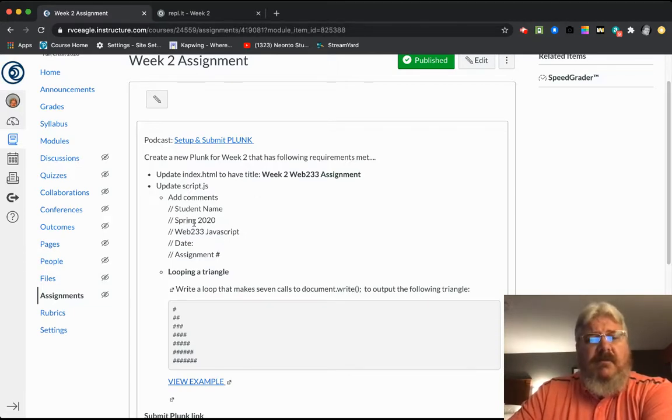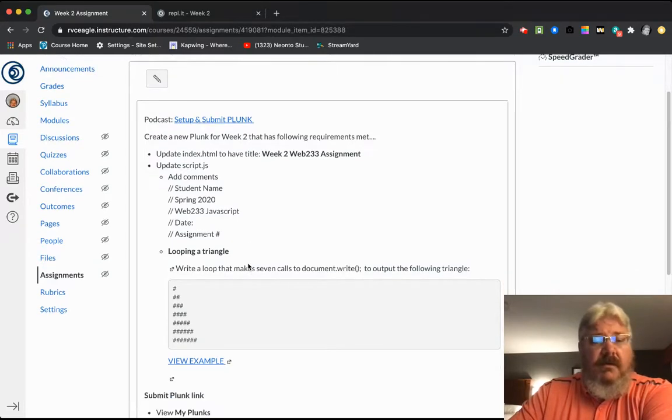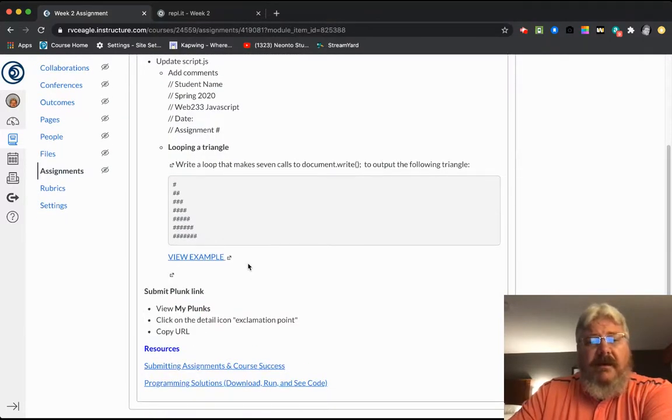Instead of spring 2020, you'll say fall 2020. Go ahead and put today's date and then also the assignment number, which this week is 2. You're basically going to create a loop example using looping to make a triangle. Write a loop that makes 7 calls to document.write and outputs a triangle that looks like this. If you click on this example,